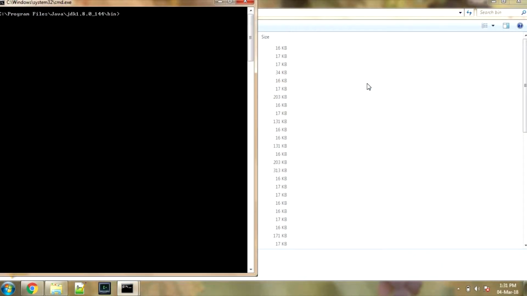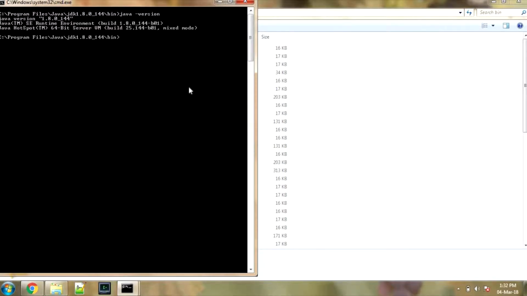Now again type that java -version which we typed before. So if Java is installed properly, here it should definitely work. See, I'm getting this command. Even though it didn't work at the first time, here it should definitely work. If that is the case, then the thing is that